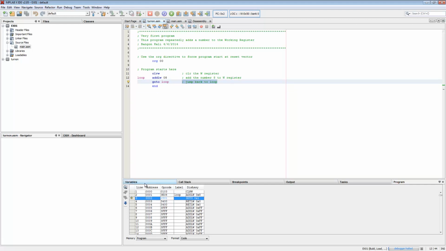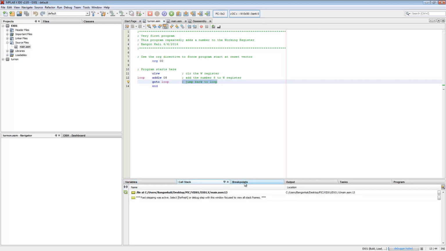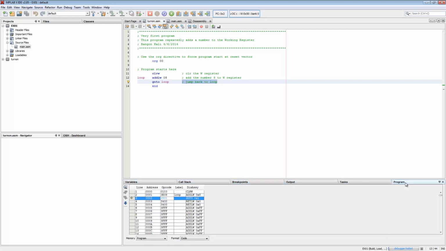So a question we must ask: what happens when our register has a value that is more than 255? As you know, a register is only 8 bits wide and can only store up to 255 in decimal value. So what happens then if we exceed 255? This is an exercise that you will be doing. You must observe what happens if you continue to step over and over again, until the value of register